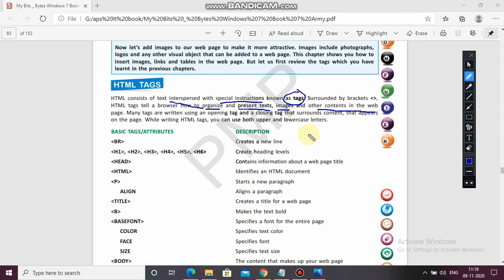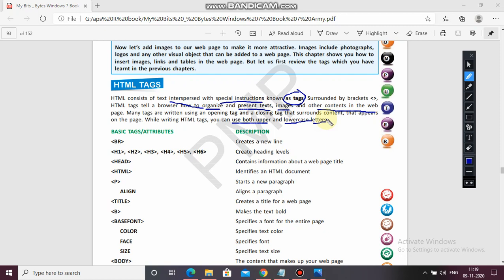Many tags are written using an opening tag and a closing tag that surrounds content that appears on the page. So many tags are container tags which have both an opening and a closing tag. While writing HTML tags you can use both upper and lower case letters. There are no restrictions of case sensitivity, you can use both upper and lower case, capital also and small also.